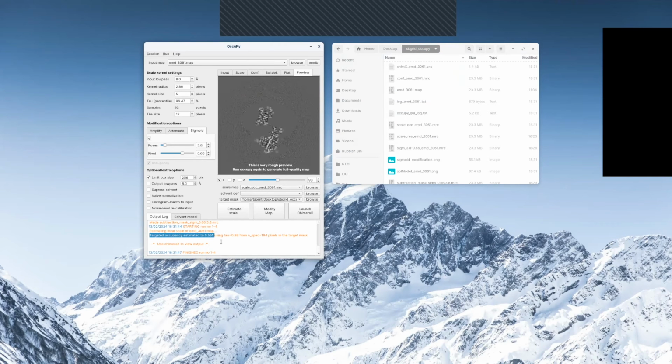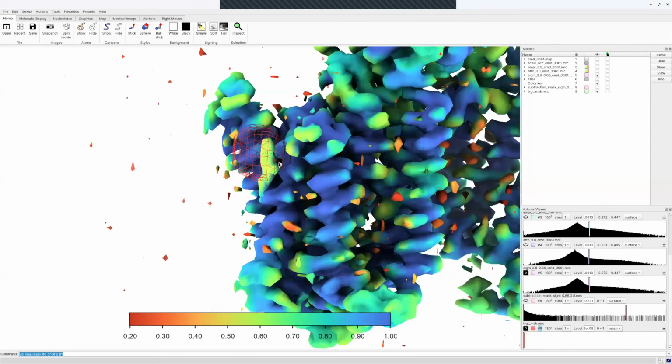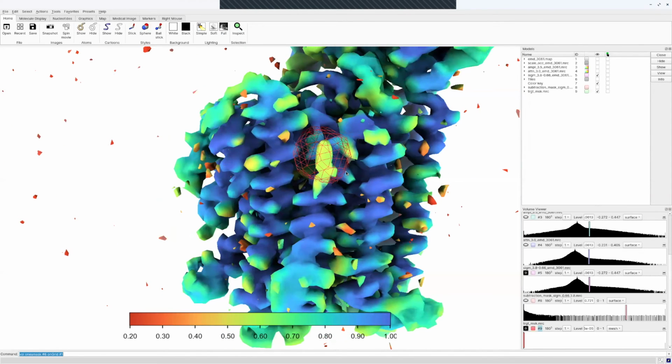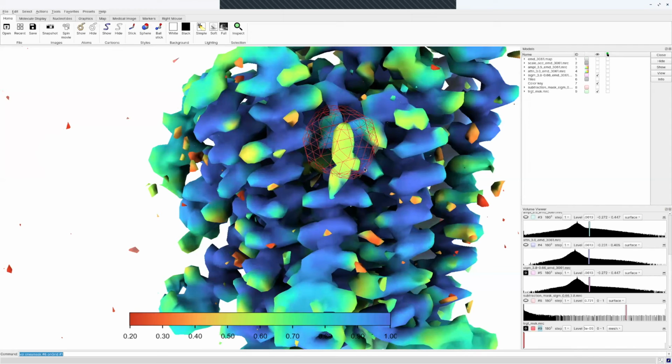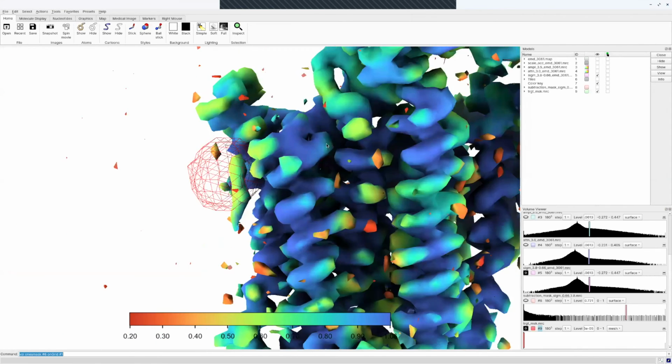According to the procedures within Occupy, it has estimated that there are 194 pixels within this target mask. A reasonable tau value for that number of pixels is 98. And the occupancy within that region is about 55%, which makes sense with respect to seeing some partial component there.